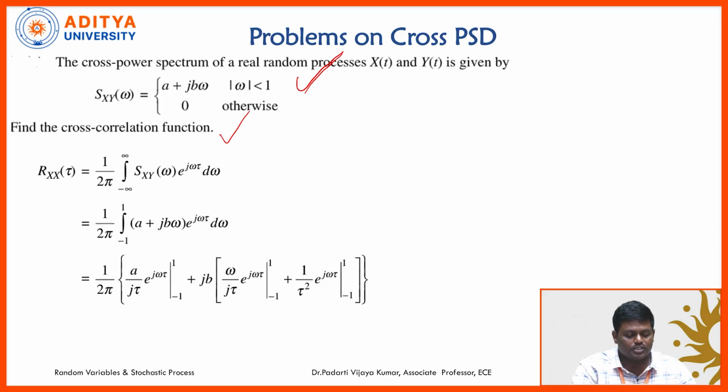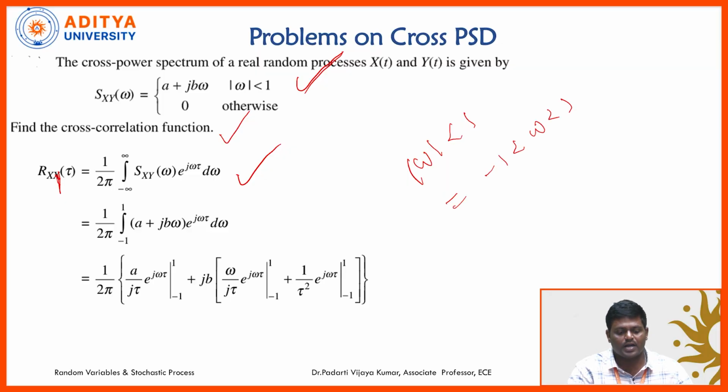So the cross correlation function, this is Rxy of tau. The cross correlation function is the inverse Fourier transform of the power spectral density. Applying that, a plus j b omega, where the absolute value of omega is less than 1, meaning minus 1 less than omega less than 1. So from minus 1 to 1, we can write this as the integral of a plus j b omega times e power j omega tau